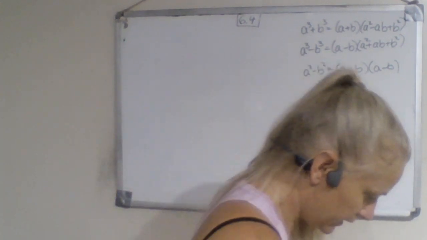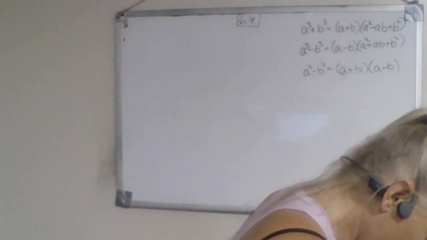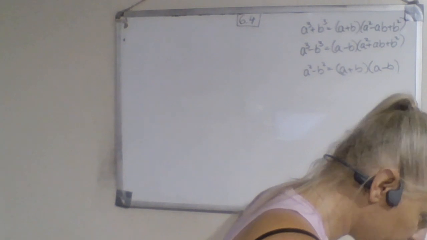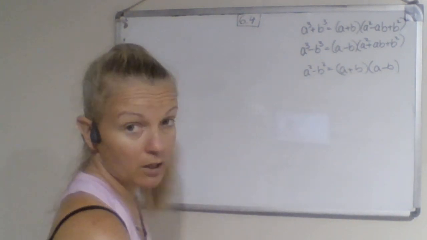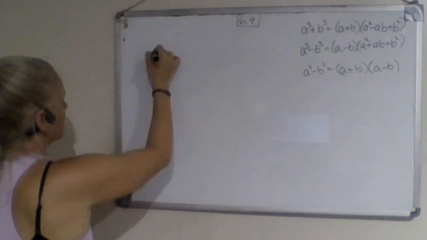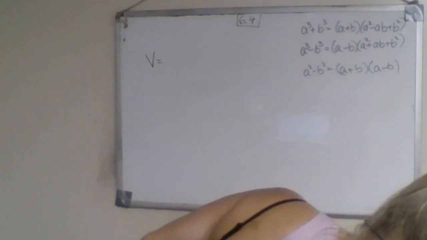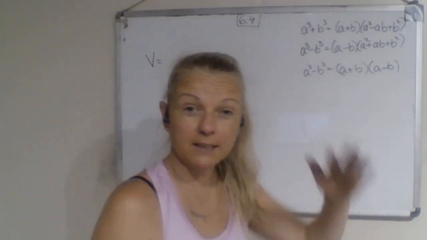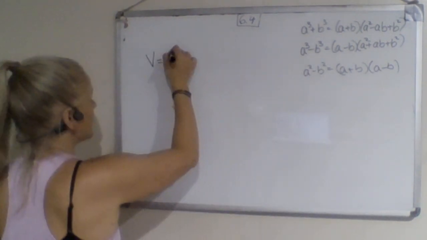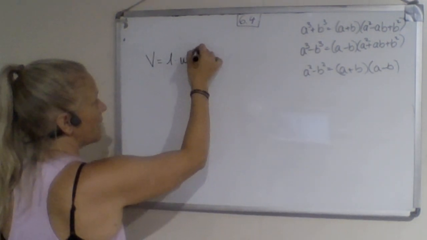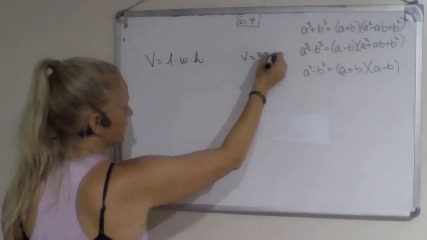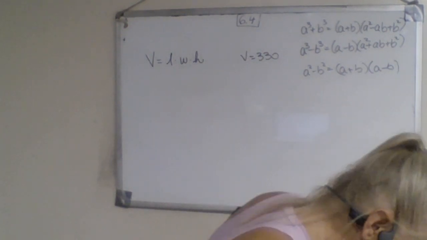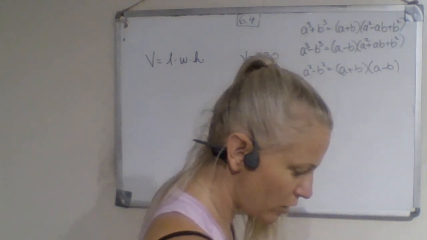Let's look at it. It talks about the volume of a huge hydraulic concrete block. Okay, so what do we know about volume? Again, common formulas. This is a concrete block, which makes it a prism, so volume is length times width times height. Here's what we know about this problem. The volume is 330. The block dimensions are